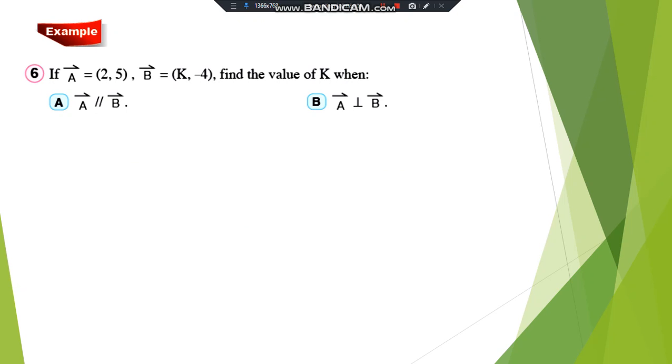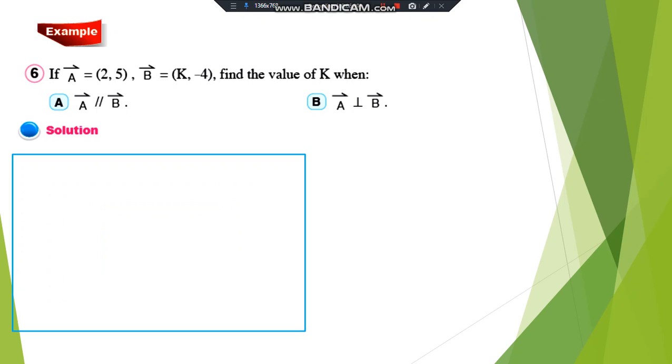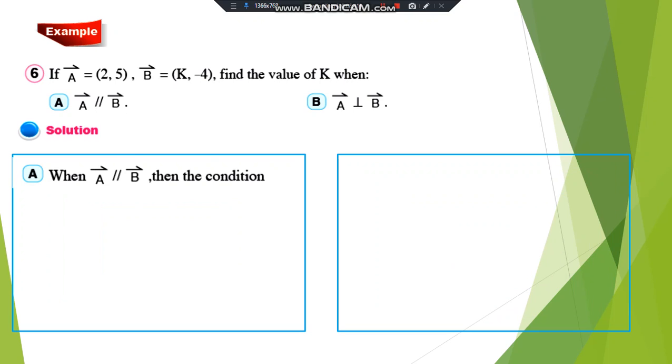Another example, if vector A equals the ordered pair 2 and 5, and vector B is represented by k and negative 4, find the value of k when vector A is parallel to vector B, and when vector A is perpendicular to vector B. So in the first case we have vector A parallel to vector B. So the condition of parallelism is 2 times negative 4, which is extremes,